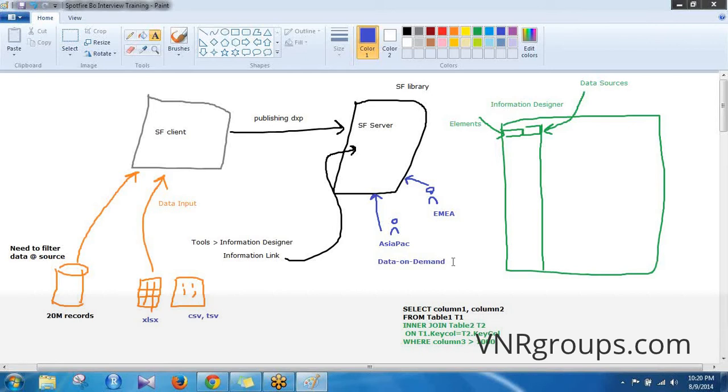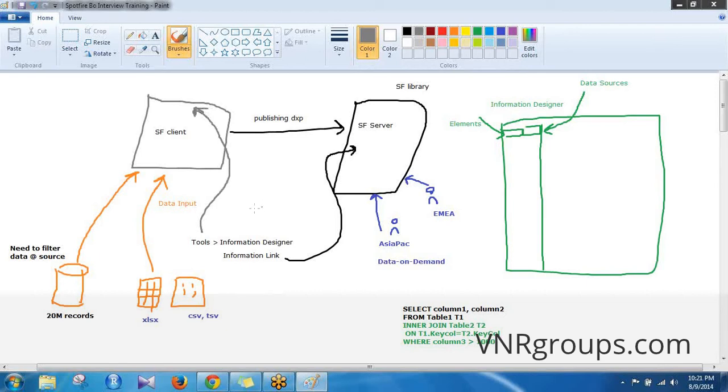But my point is, all this fine-tuning and tweaking can be done only if you have a Spotfire server. Unless you have a Spotfire server, you won't have access to Information Designer on the tools menu of Spotfire. You can access it from the Spotfire tools menu, as you see here,